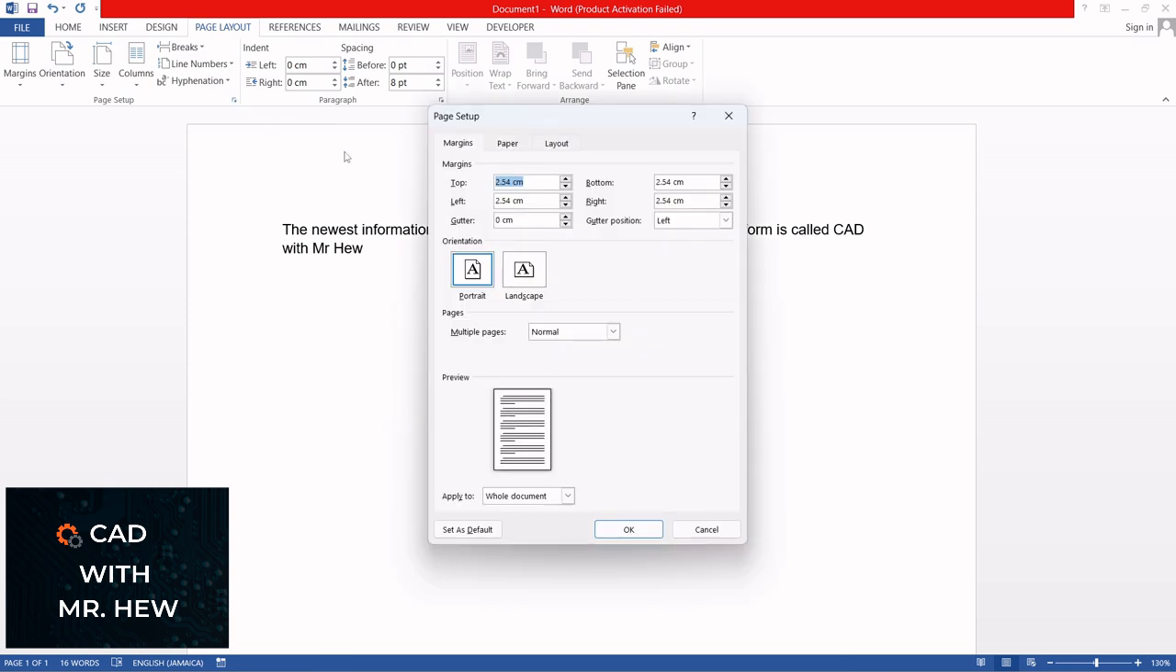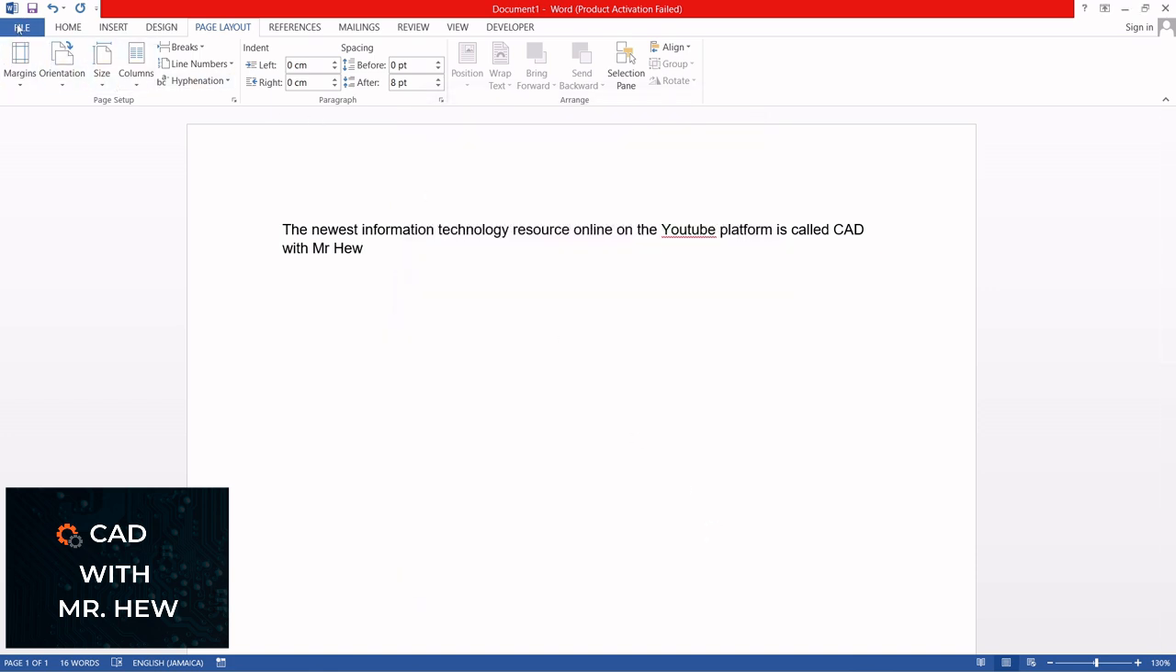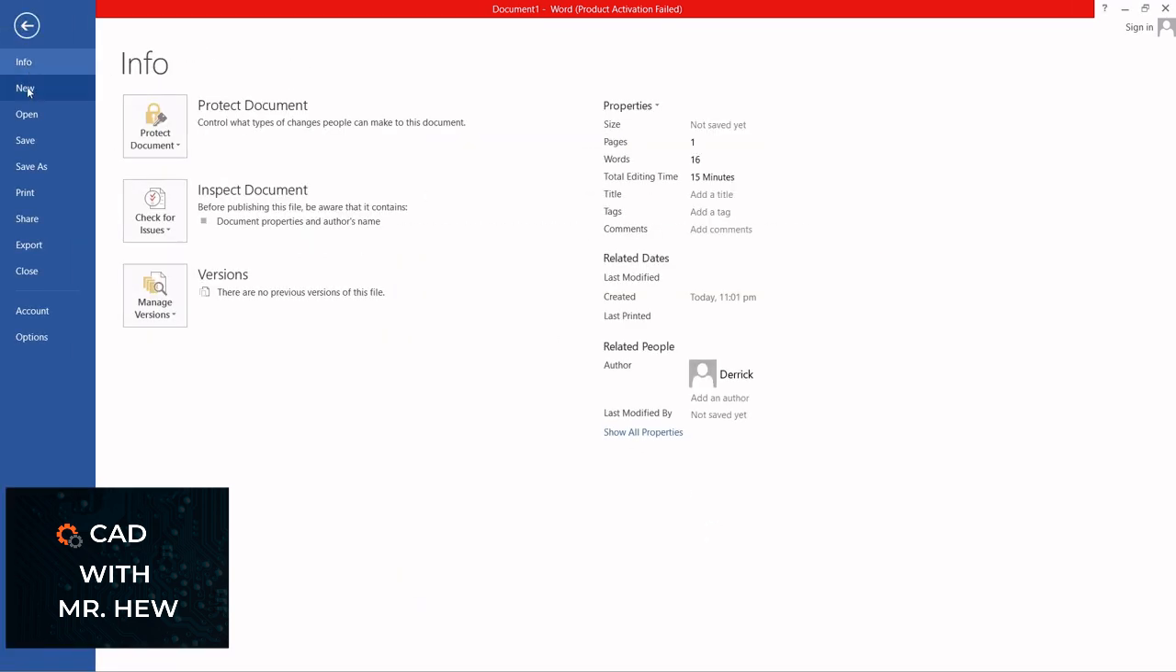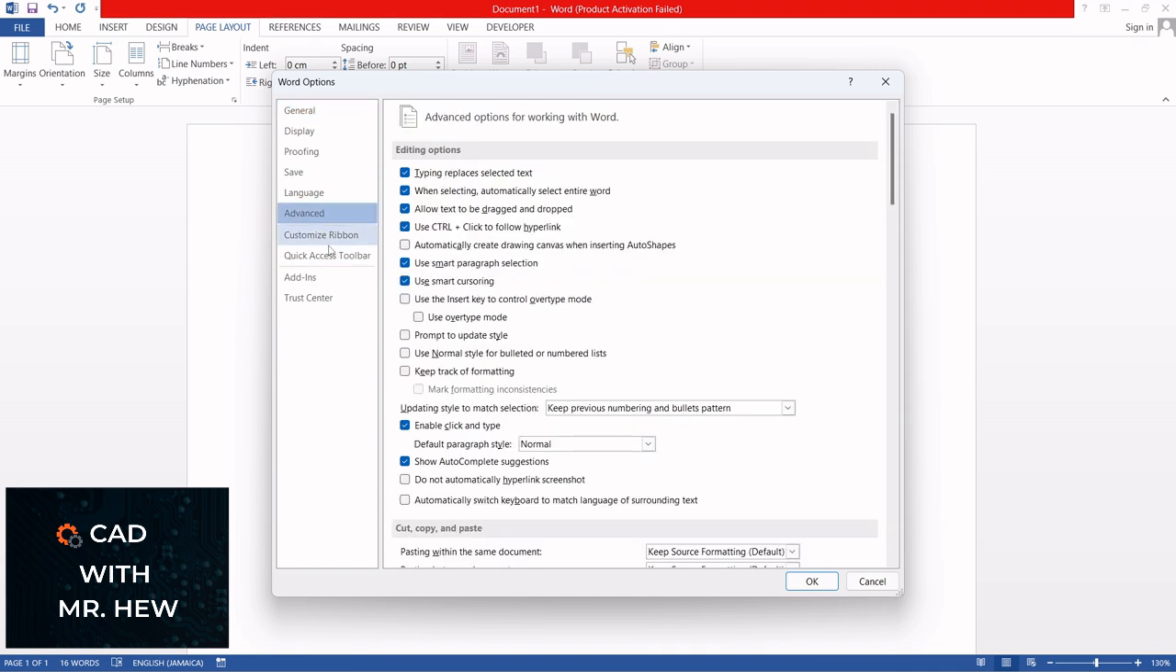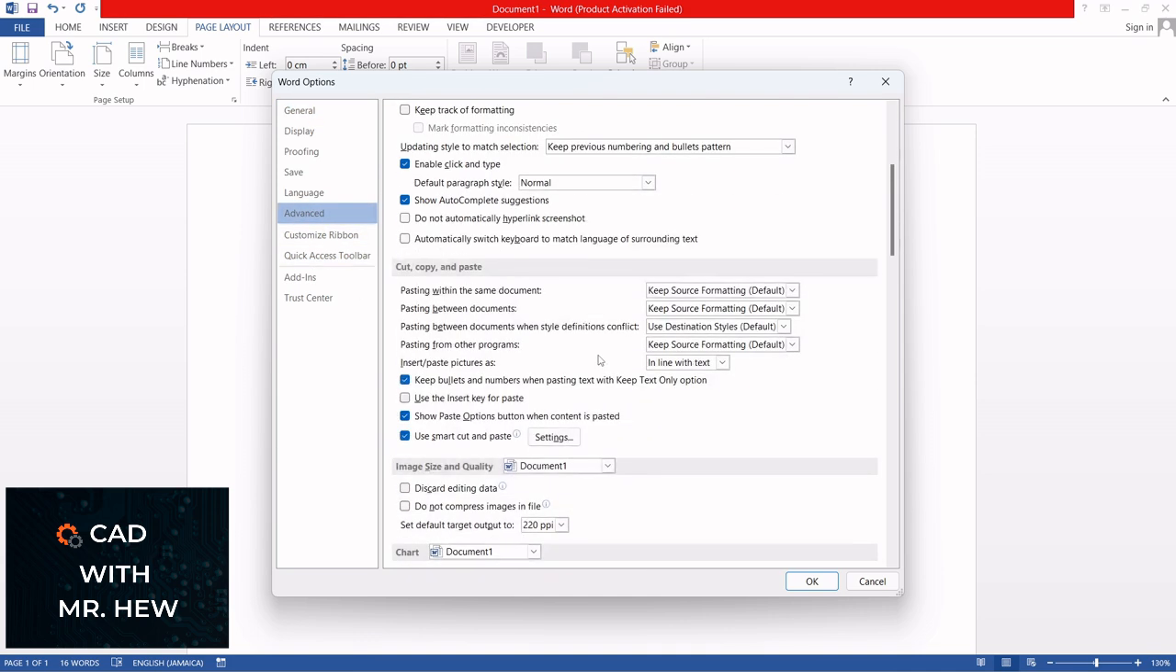So I'm going to show you now how to change the margin, which is in centimeters. I'm going to show you now how to change it to inches. So you have to go to File, gonna come down to Options, then you're going to go to Advanced, and I'm gonna